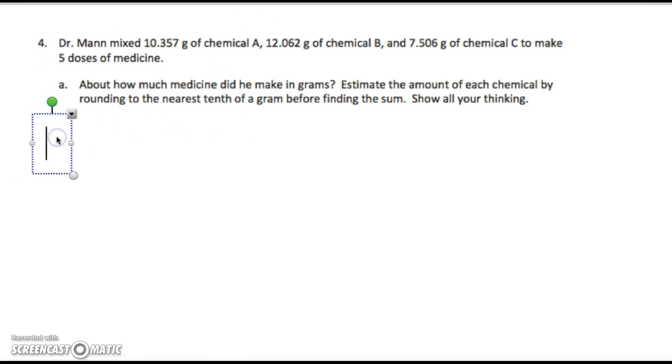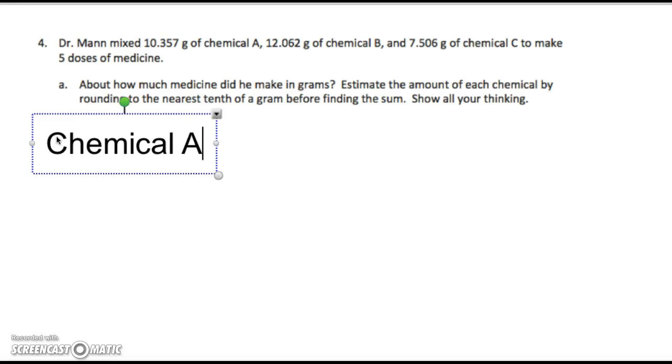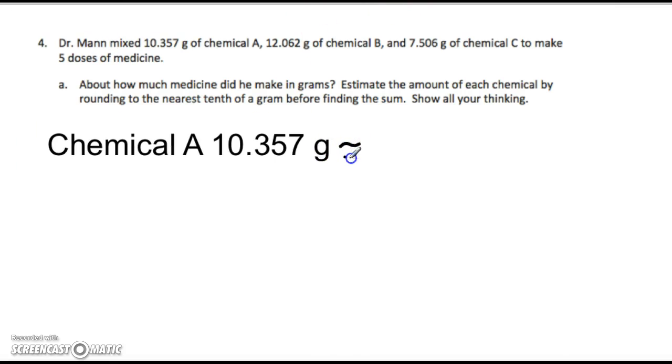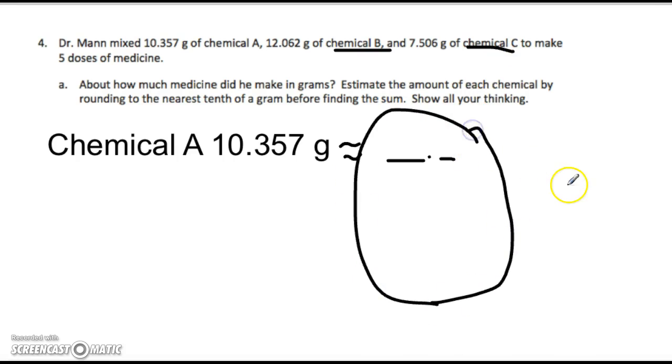So what this means, fifth graders, is a lot of you just added and then rounded. But what they're saying is they want you to take chemical A, which is 10 and 357 thousandths of a gram, and say, well, that is about how many tenths. So you'd have however much in front, and then one place value behind it. You're going to do the same thing for chemical B and the same thing for chemical C. Once you have those three amounts all rounded to the tenth, you are going to find the sum, that is,